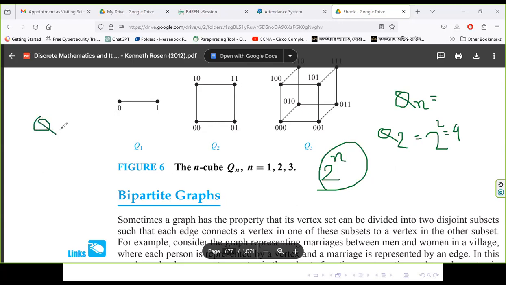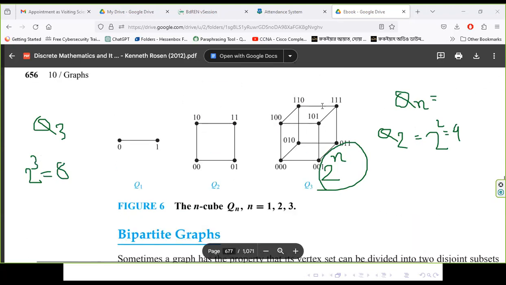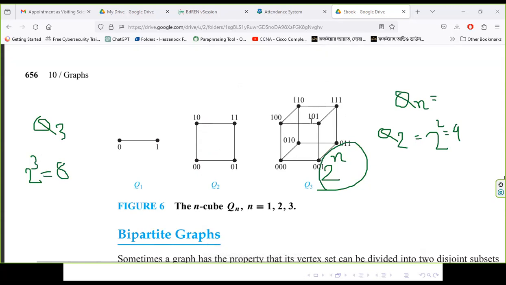When you say that you need to draw the graph of Q3, তাহলে নোড লাগবে কয়টা? 2 to the power 3, হবে 8, তাহলে নোড লাগবে 8টা। ঠিক আছে? নোড লাগবে এখানে 8টা। এখন 8টা নোডের সাথে আমার এজ কয়টা লাগবে? 12।